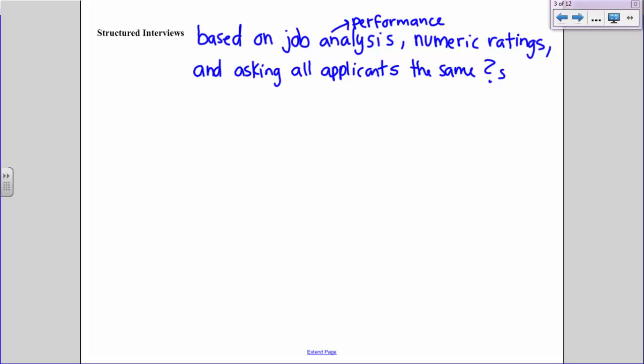And then they could have certain aspects of answers that would warrant more points that could be used towards their overall score in the structured interview. Also, like I've kind of already alluded to, you've got to have a standardized numeric rating system to evaluate the answers. So usually there's rating sheets that are used to evaluate the favorability of the candidate's answers and maybe some behaviors. We'll get into more details about scoring later